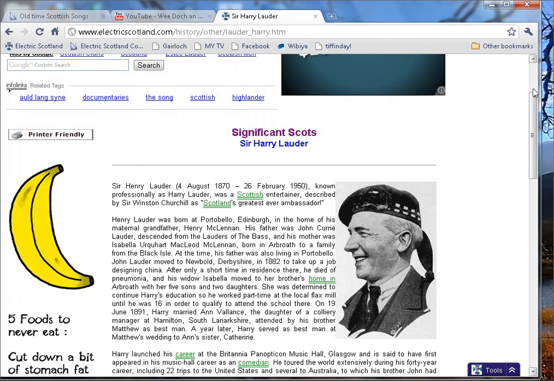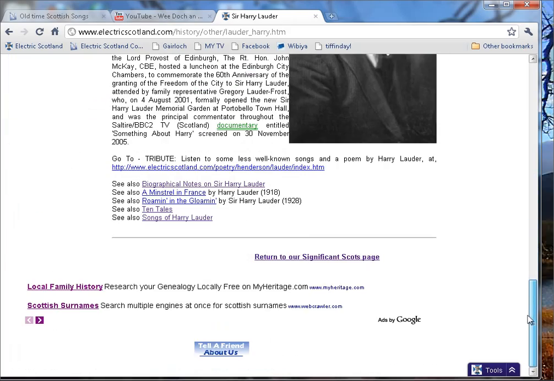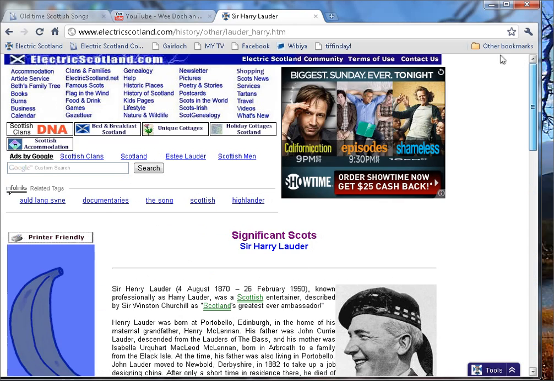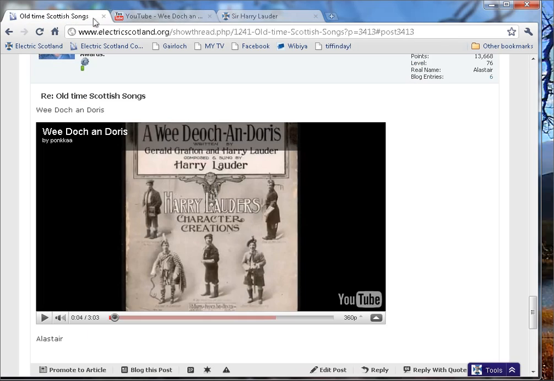I can see here that here is actually a little biography about Harry Lauder here, and down there's also lots of little links. So that's not a bad page to kind of quote. So if I went back up here and just highlight that link, right click it and copy, I can then come back to the community,